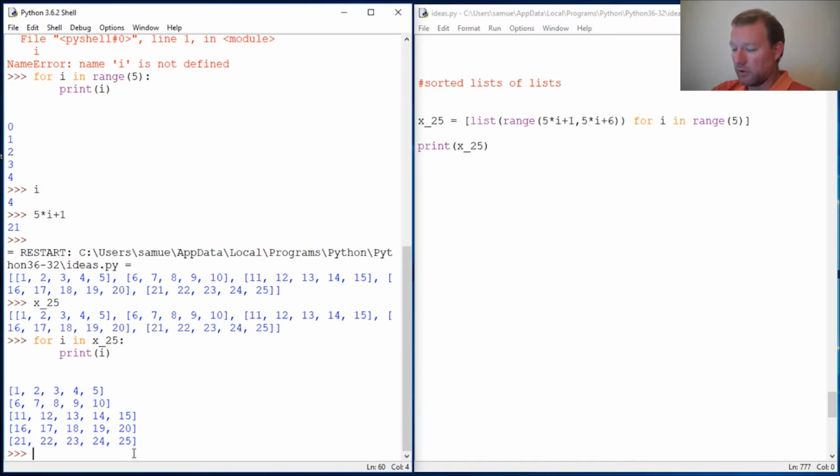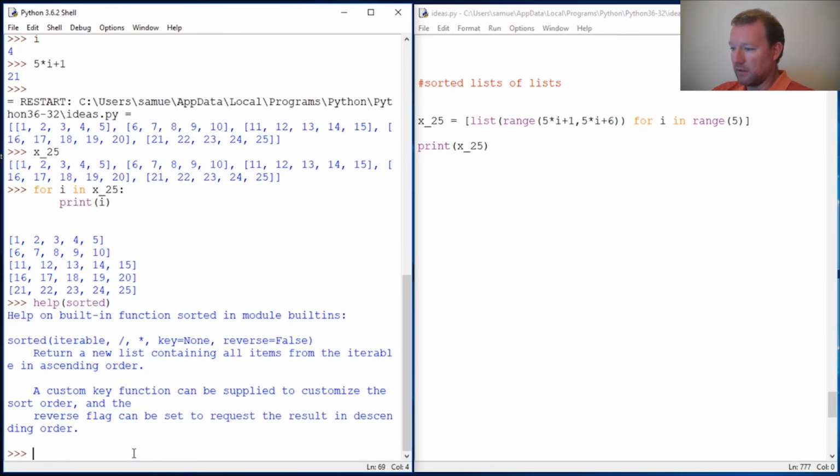But alright, sorted. Let's just jump into it and see what in the world this thing does, because in the next two series, we're going to utilize every single feature. So first of all, this takes in an argument, an iterable, then it has two optional arguments. What this does is it takes an item and sorts it, and its default is ascending. If you'd like it in reverse, you make it true. And then if you have a special sort, a special key, which we will talk more about